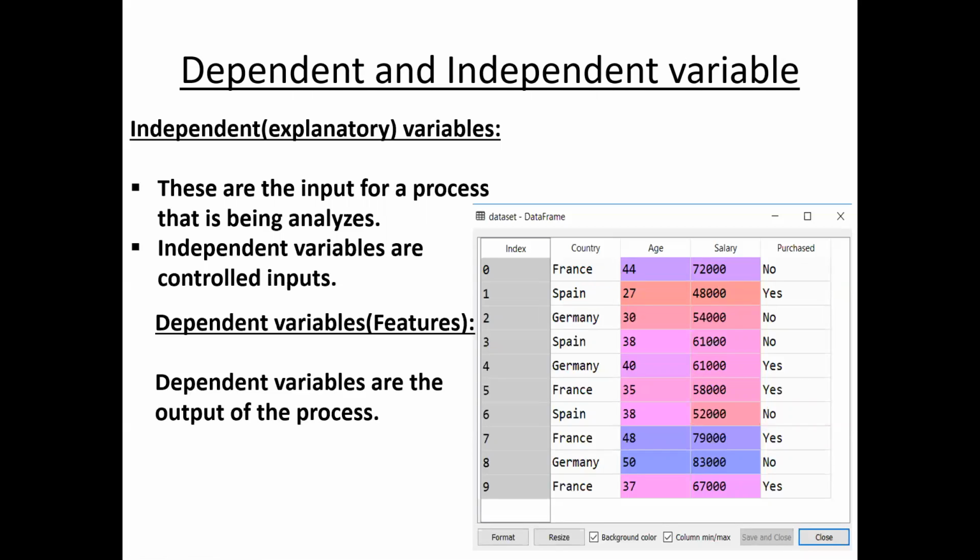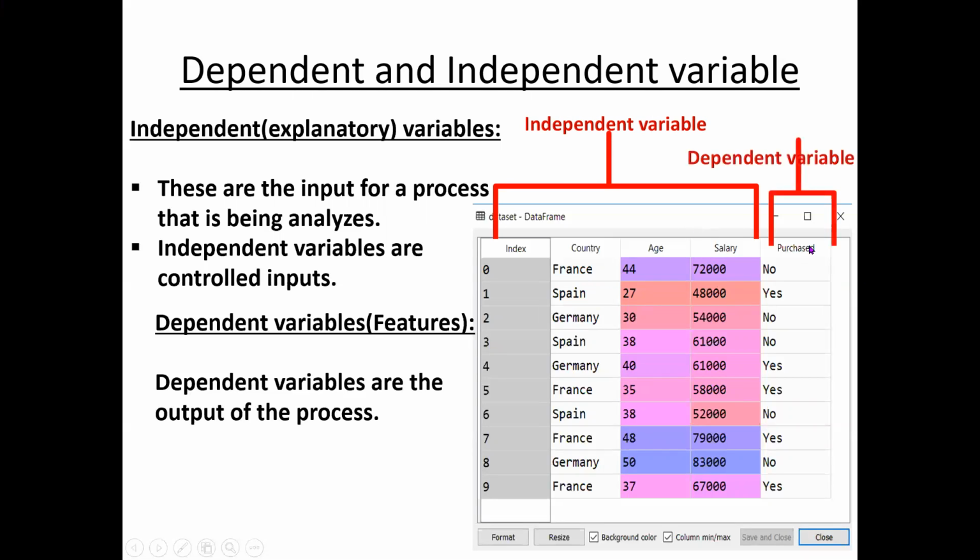Okay, so we may take any as a dependent variable depending on the situation, depending on the problem. So in this particular example, I am considering these three as independent variables and this one as a dependent variable. We will see what is the purpose of this division in later sessions while discussing the actual machine learning algorithms. Okay.